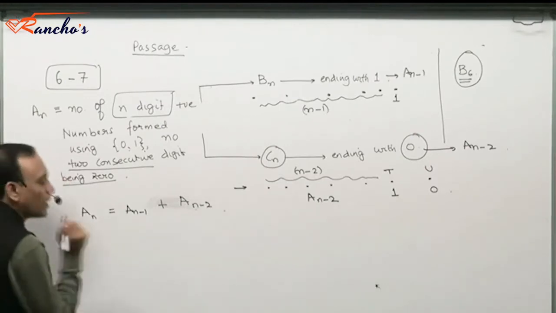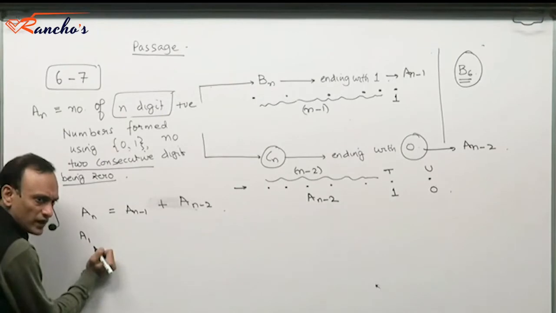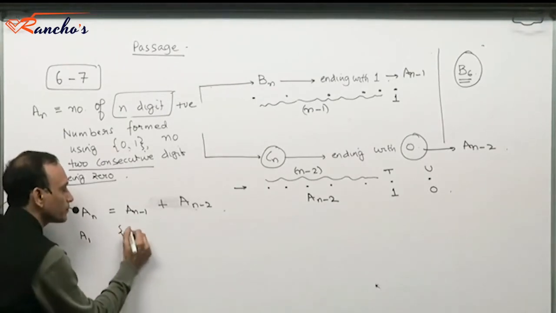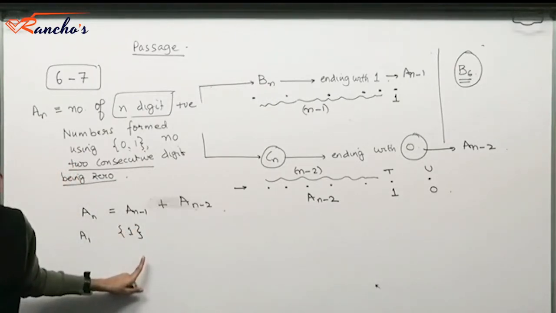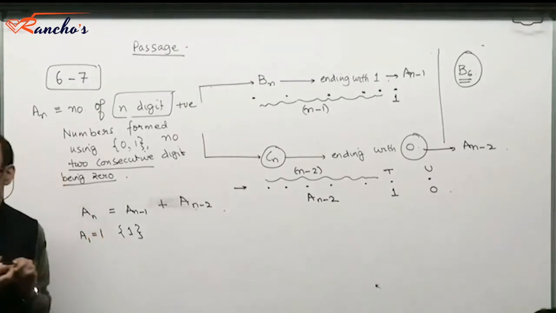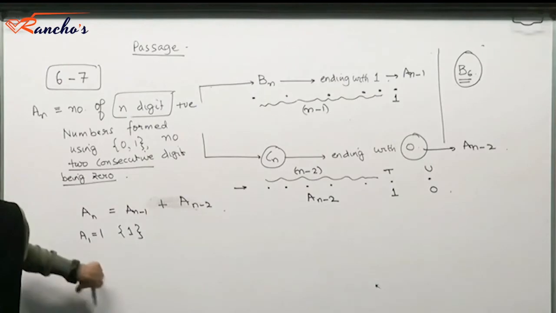And so now let me obtain A1, that is for n equal to 1. What's the only possibility? 1. You can't have 0 because they're positive integers. The Ans are all positive integers. So A1 must be equal to 1. If n is 1, you have to constitute a one-digit number using 0 and 1, which is positive. The only possibility is 1.